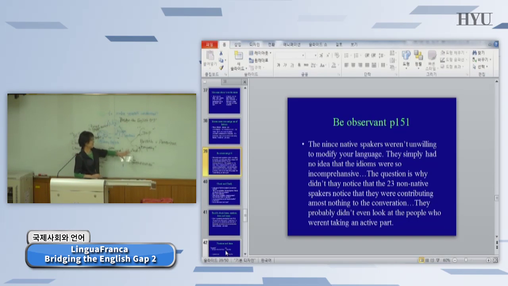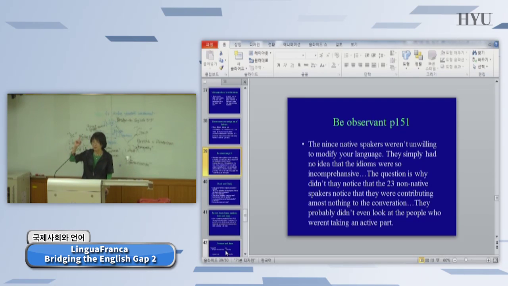So finally, we are moving into what could be done to bridge the communication gap. The first thing is be observant. You should be an observer. You should be a mindful communicator. You should be watching what is his interest, what is his reaction, what is his constraint. You should be looking at the situation from the point of view of the other party. This is communication tip one.